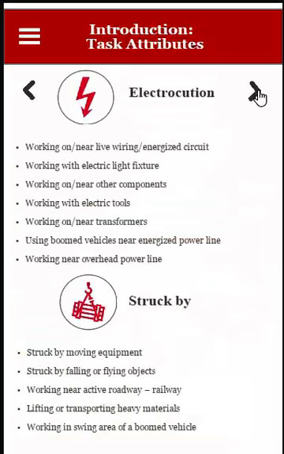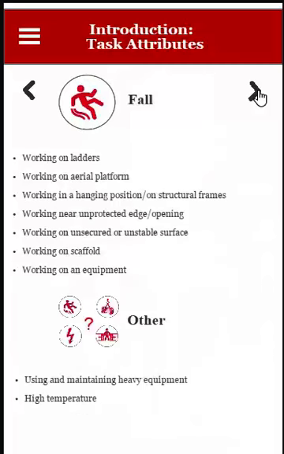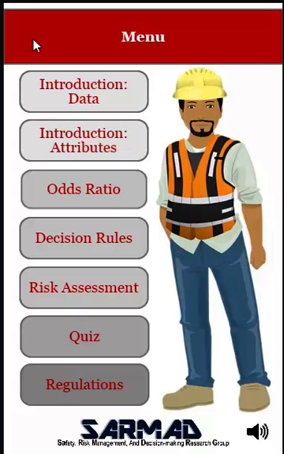21 task attributes have been identified and classified into 4 categories: electrocution, struck by, fall, and others. The result of content analysis and other data collection efforts were stored in the database that is embedded in this application. After reviewing the data, it is time to see how practitioners can use the results and assess risk of